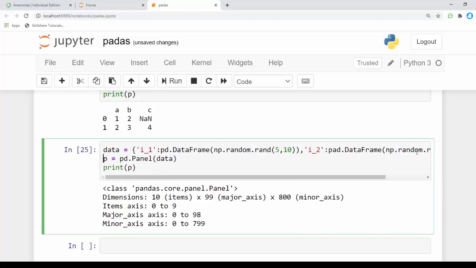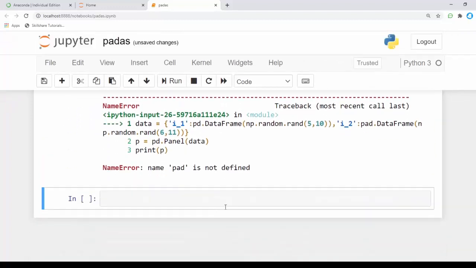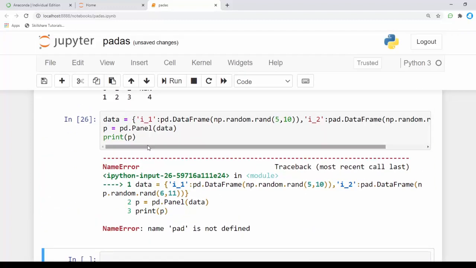That's it. I'm going to pass this here and run this code.